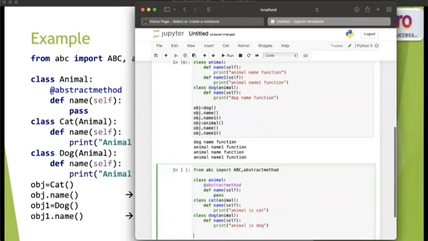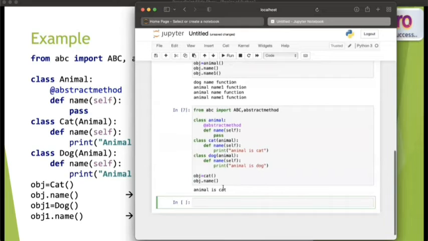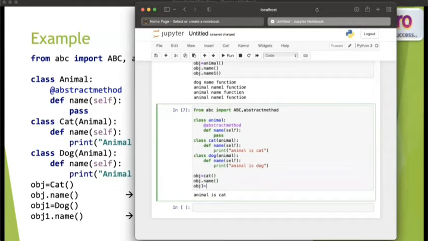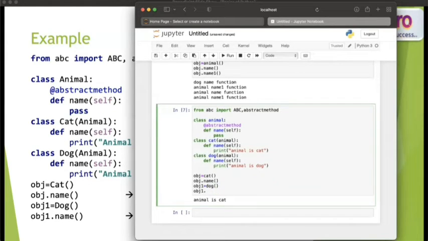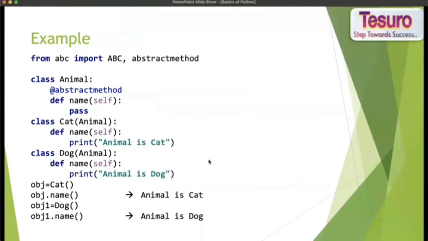Okay, now I'm creating object equal to Cat class, and obj.name() will return animal is cat, because I created the object of the Cat. And if I create the Dog class object and call the Dog name function, it will say animal is dog. And the next,